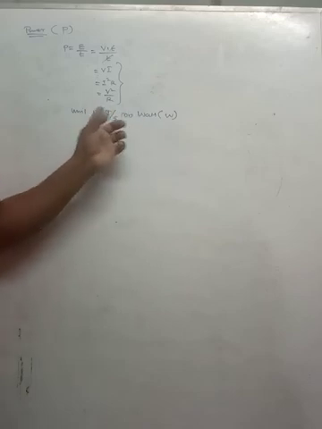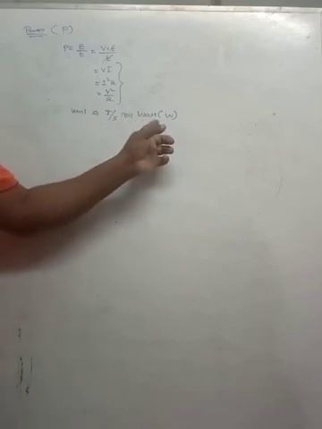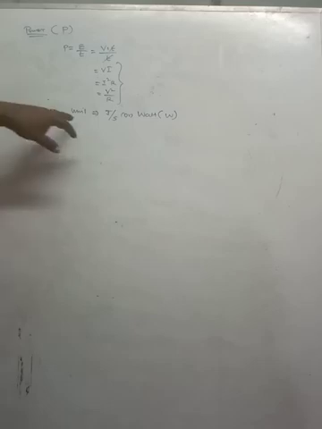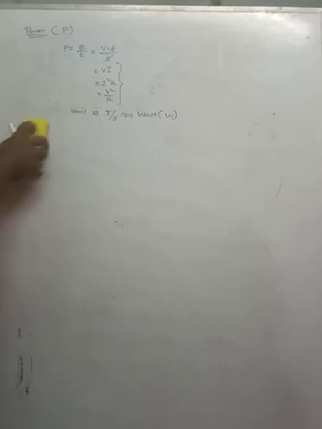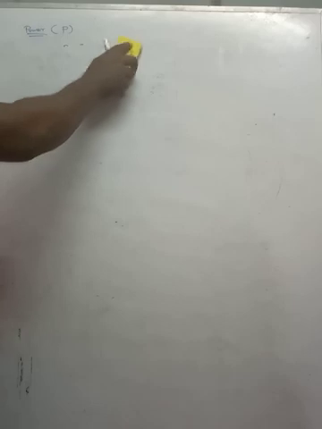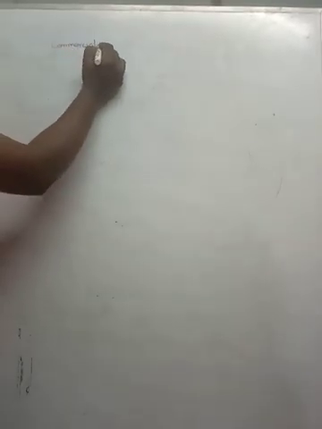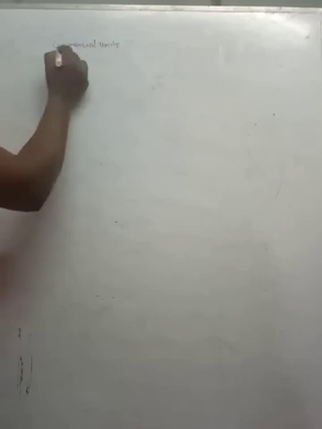So the unit joule by second is otherwise called watt. Watt is the unit for electric power. This is the SI unit. There are two different commercial units, one for power and another one for electrical energy. You can ask what is meant by commercial units. Commercial units are used for practical purposes.